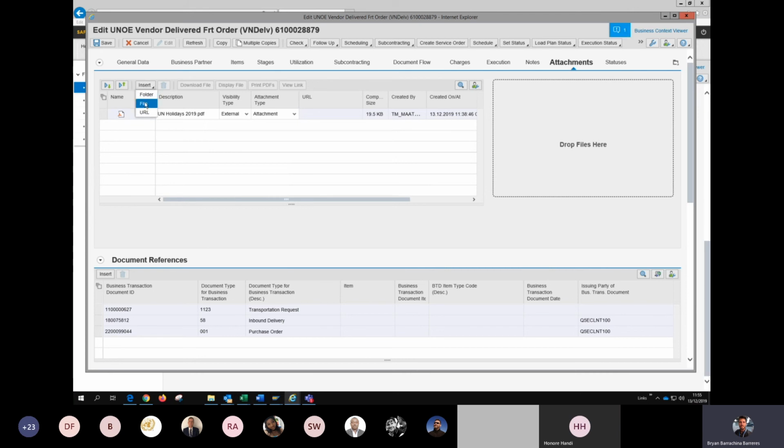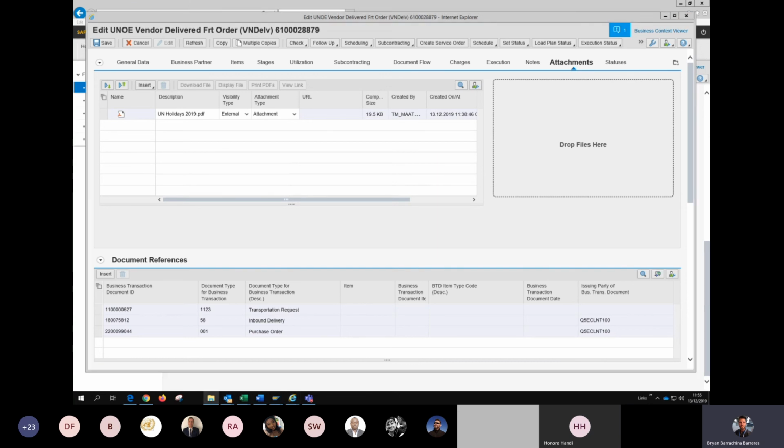how it works, okay? So you insert a file, you add an attachment, make sure it's not a PowerPoint, make sure it's not a JPEG, and this file will be attached here as well. You also have a section here for drop files, but I'm not sure that this actually works. I can even try to maybe drag and drop a file here right now and see if that works, but